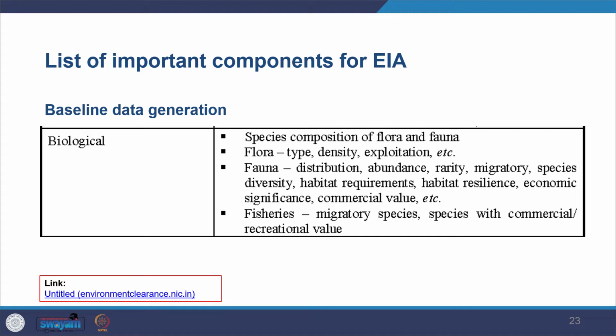One needs to undertake flora type, density, exploitation. For fauna, you need to look at the distribution, what kind of varieties are there, what's the abundance, what's the number of each kind, which are the rare species, which are the migratories, and what kind of diversity is there, what kind of habitat is required, what's the resilience of the habitat, what's the economic significance, and then the commercial value, and so on. You need to find out. And similarly for the fisheries, the migratory species, species with commercial and recreational values. So this is already given,